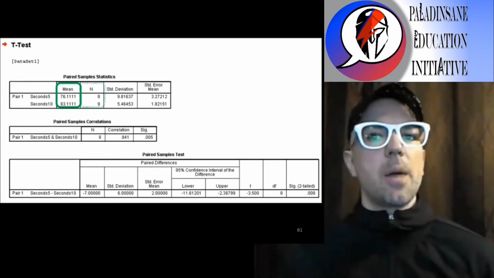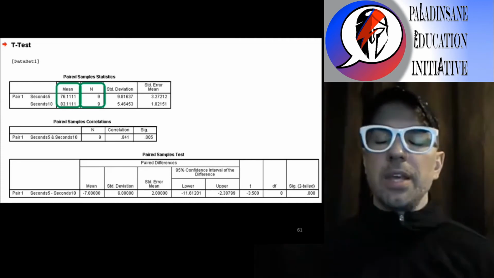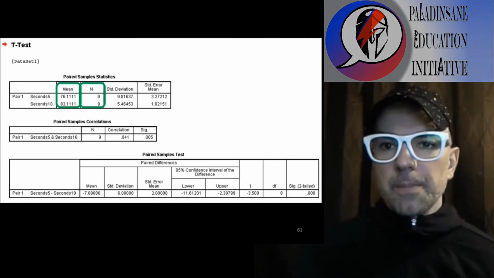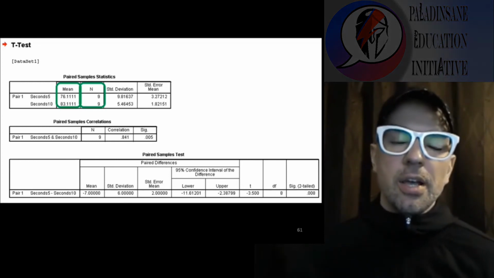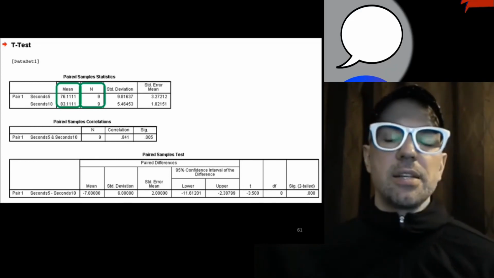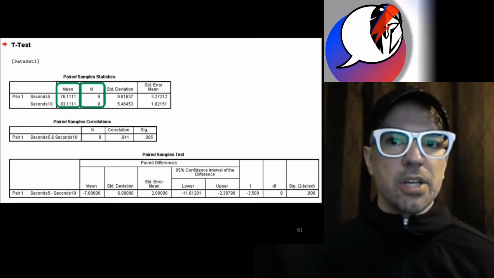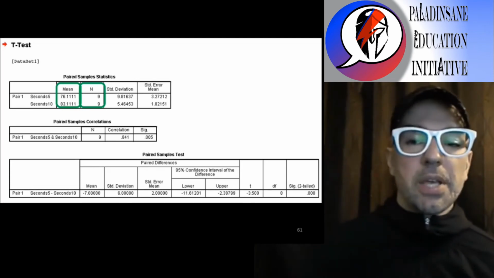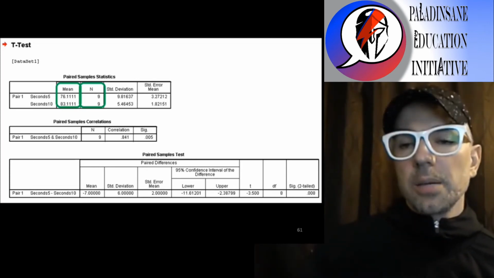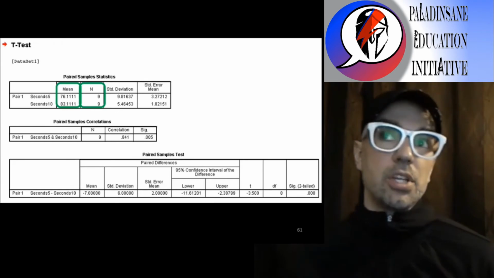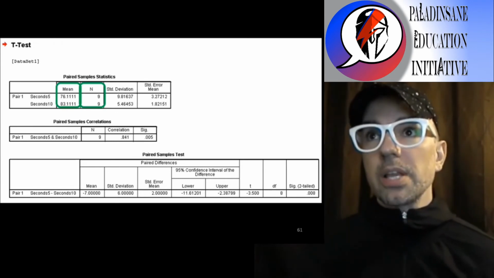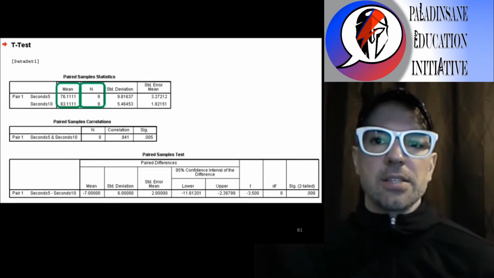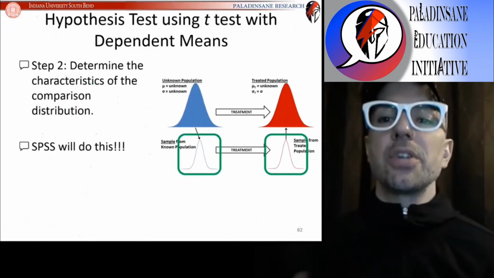More confidence that we copied and pasted correctly comes from that column right there labeled N. That's the number of scores that SPSS has in each condition. So it's telling us, I analyzed 9 subjects in the 5-second condition. And we double check and say, yeah, that's how many you were supposed to have. And SPSS says, I analyzed 9 subjects in the 10-second condition. And we check ourselves and say, yeah, that's what you were supposed to have. So again, it just gives us confidence that we have done this analysis correctly, or at least entered the data